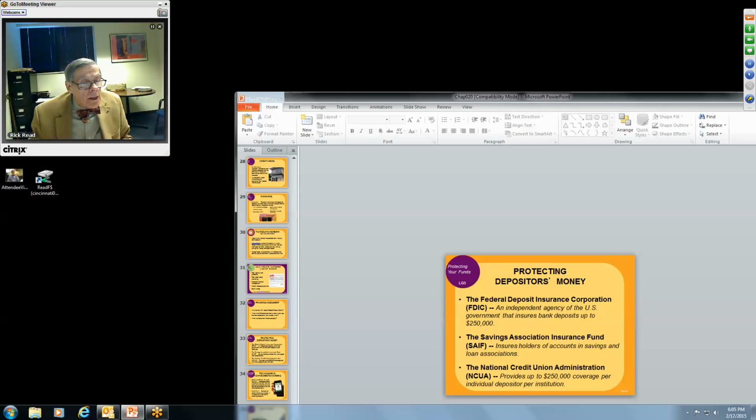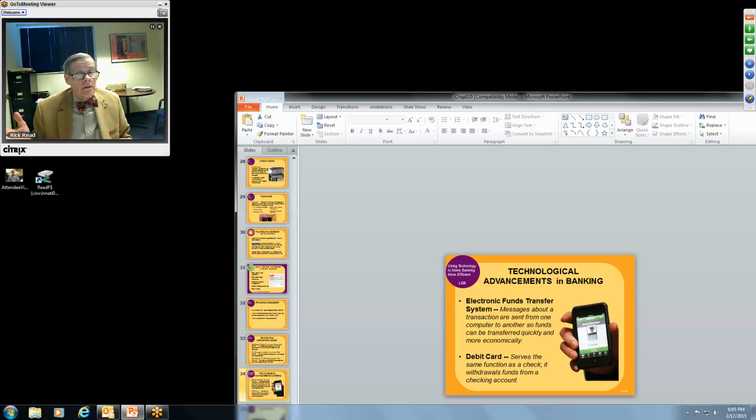These are technical advances in banking, electronic funds transfer, and then obviously a debit card. I apologize for the slides not being up here. I need to check with the book here. We'll go to a couple other things. International banking services, things like a letter of credit promised by the bank to pay the seller a given amount of money if certain conditions are met.